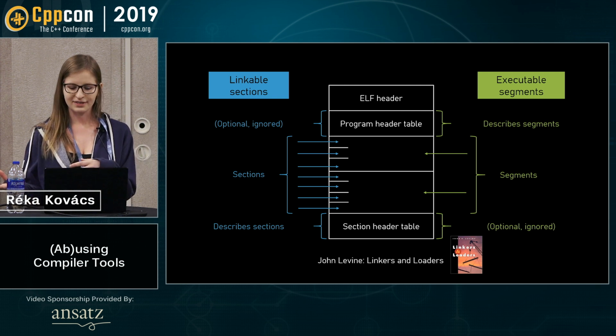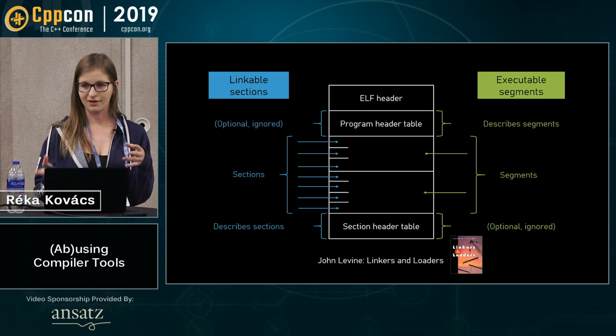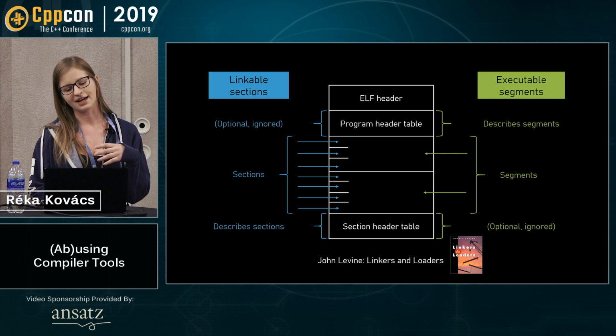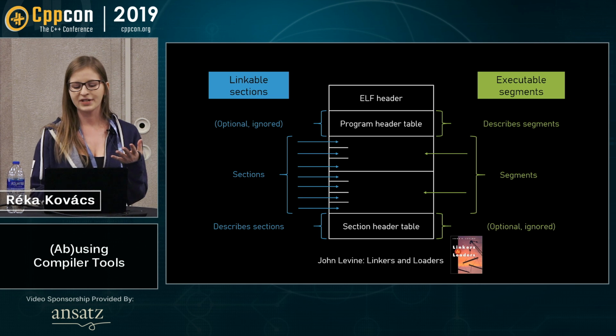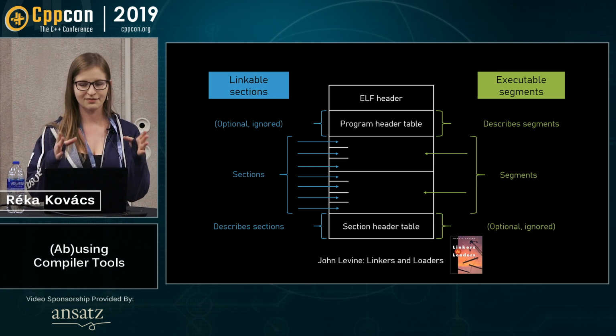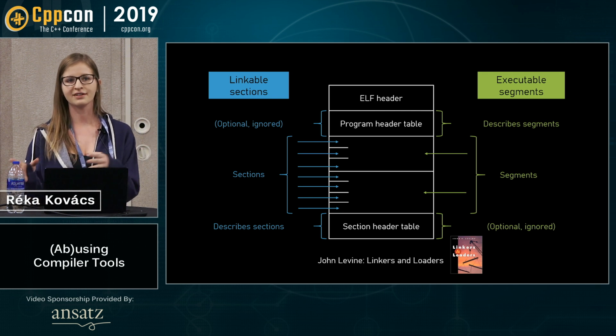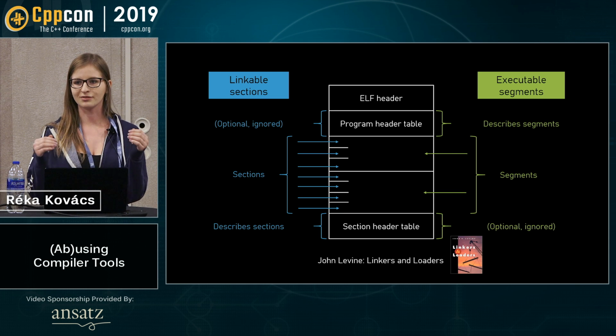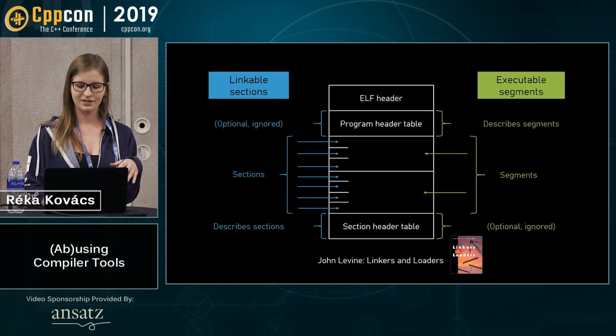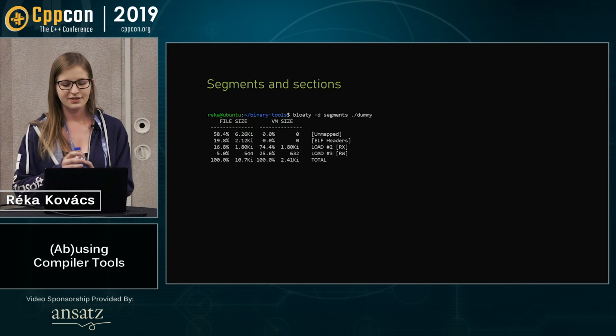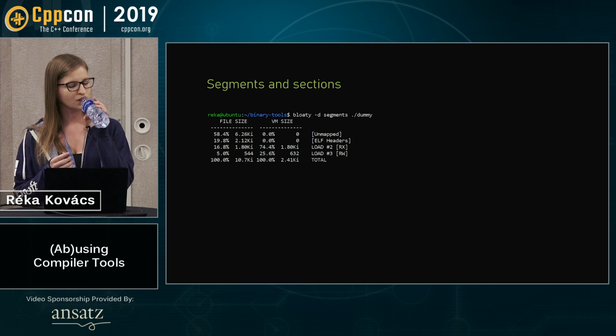One segment usually consists of many smaller sections. The point is to take all the different parts of the binary that are going to be mapped onto memory with the same level of access rights, bundle them together, and that's what a segment is. So to see how this works in practice,